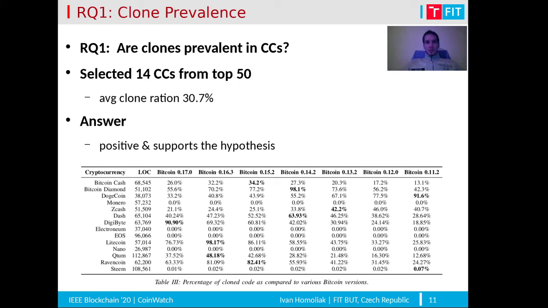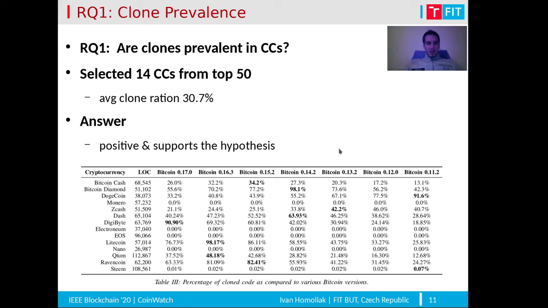So the first research question tried to investigate the prevalence of the clones among the cryptocurrencies, which we already mentioned in the motivating slide. We selected 14 cryptocurrencies from the top 50 according to market capitalization, and we found out that the average clone ratio was equal to 30%. In many cases, this ratio was even higher, for example, 90%, and therefore